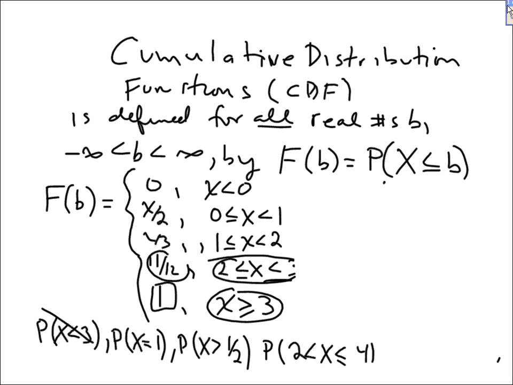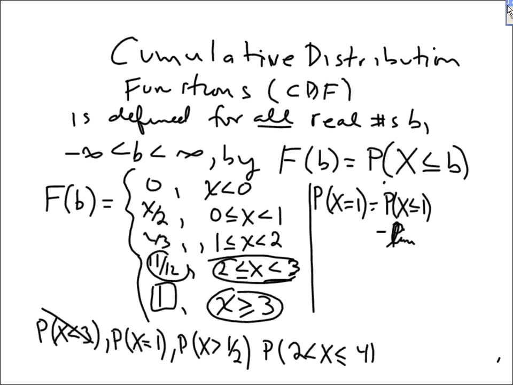We have no other information than what's given to us. So we can find the probability that x is equal to 1, not directly, at least. The probability that x is 1, well, this is the probability that x is less than or equal to 1 minus, so now we're including less than 1. We don't want that. So we need to take away